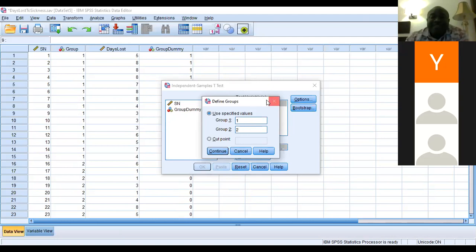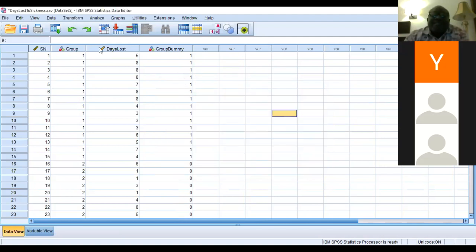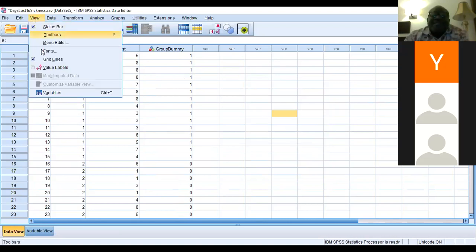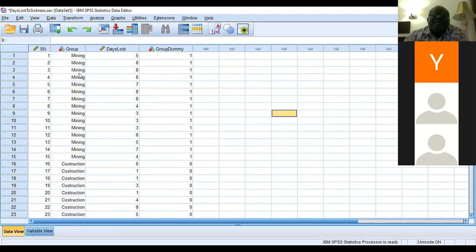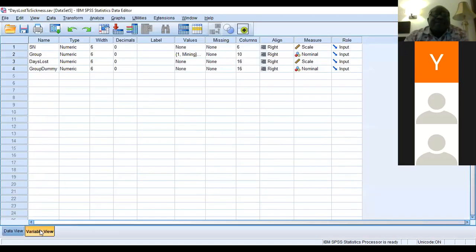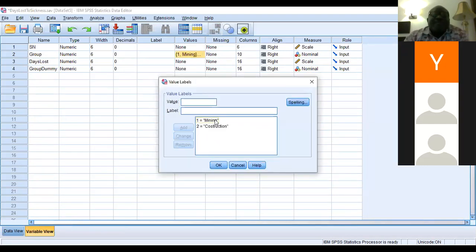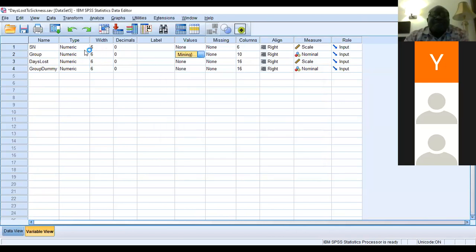let me go back. Let me cancel it. Wait. Let me show you the label. Can you see? What I coded is labeling, it's 1, 2, I wrote there, but I labeled it. It's the labeling. What we entered there is 1 and 2. We now label it. But if we didn't enter numbers, we just labeled, we just typed mining and construction there.